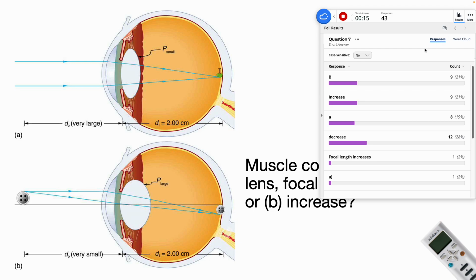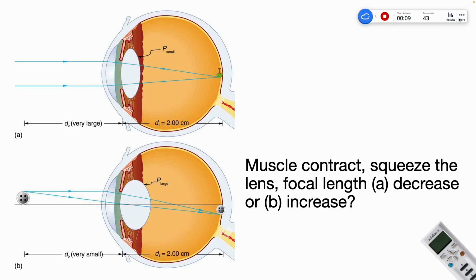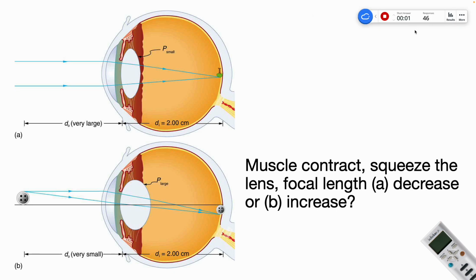Huh? What? Is it a short question? Okay, never mind. We have increase, decrease, focal length. Okay, let me make sure I change it. So it should be decrease